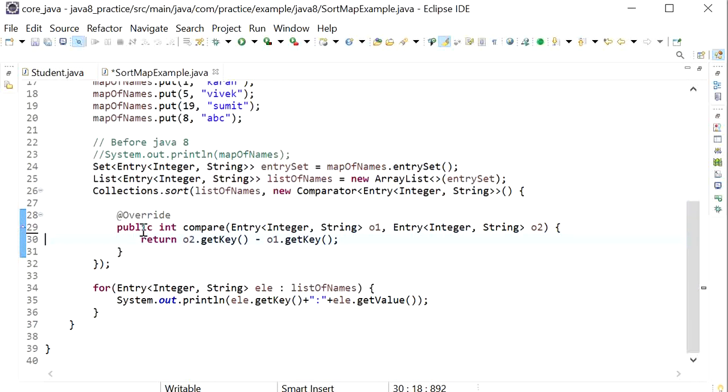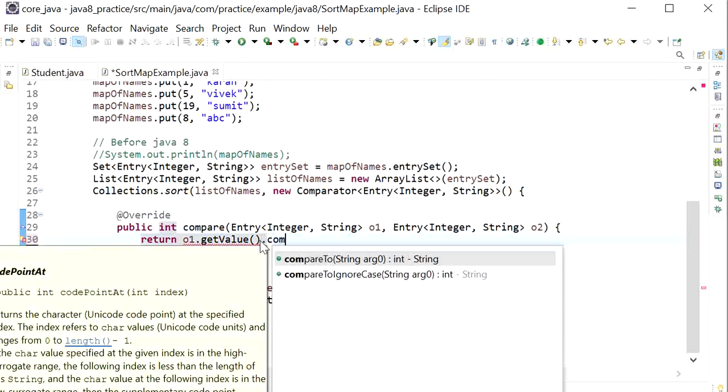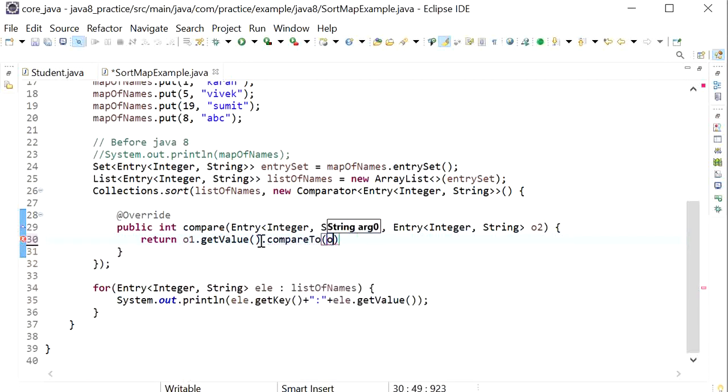If we want to provide sorting order based on its value, then we just need to call the getValue function here: o1.getValue, and as we know, the value is a string, so we call the compareTo method, and inside it we call getValue.